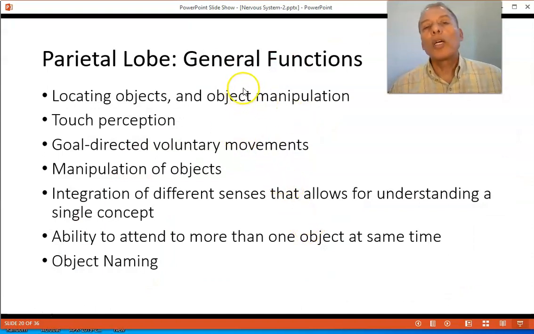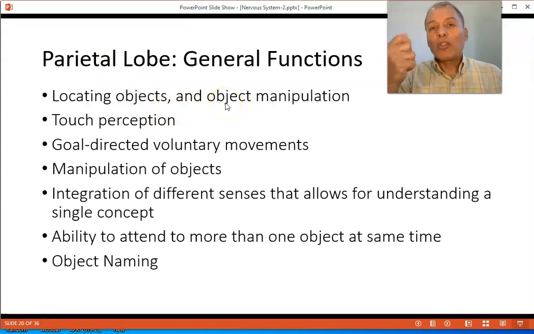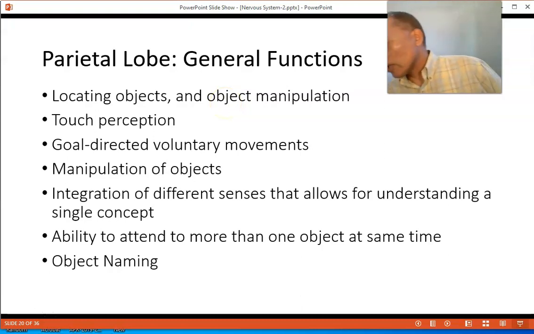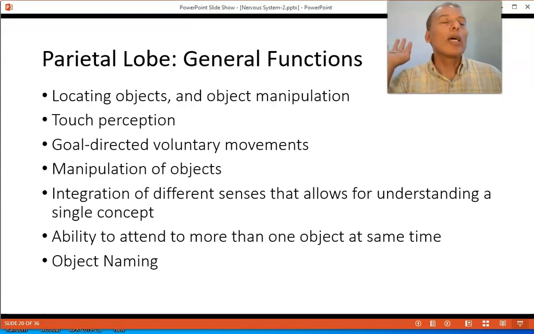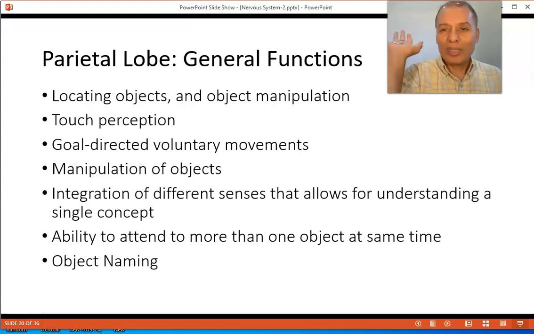General functions of the parietal lobe. It helps you locate objects and also manipulate objects. For example, I do an experiment in the class sometimes where you say, close your eyes, open your hand, I'm going to put something in your hand. If you put something in your hand like this, there is no way that you know what it is that you are holding. Yes, you can feel it's a piece of metal because of the cold,